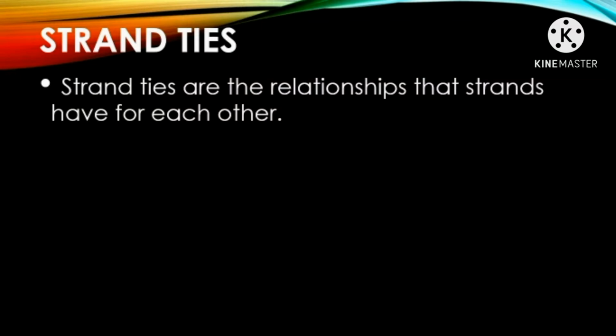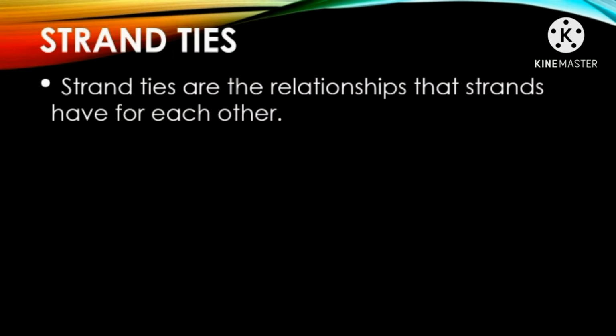And the last one is the strand ties. Strand ties are the relationships that strands have for each other. In the same selection, there are 2 strand ties important for the meaning of the story. That are the king and queen are both rulers of the kingdom, and that they are the parents of the 3 princes, Don Pedro, Don Diego, and Don Juan. A strand tie is also a means of characterization. For example, it shows that the 2 elder brothers are proud, selfish, cruel, and rude. Whereas the youngest is